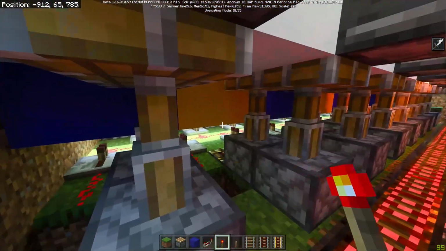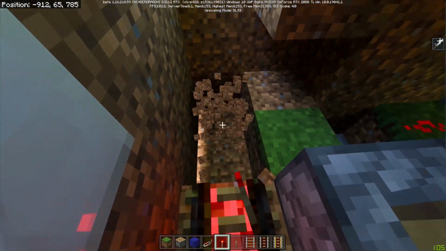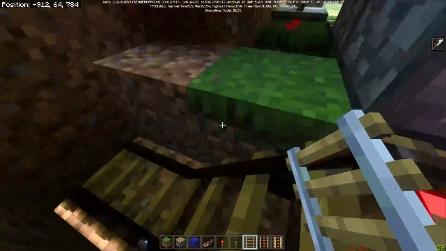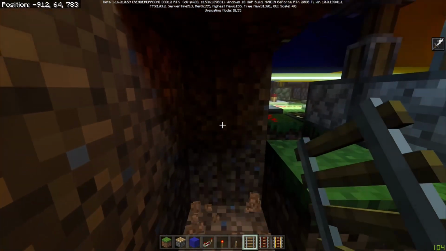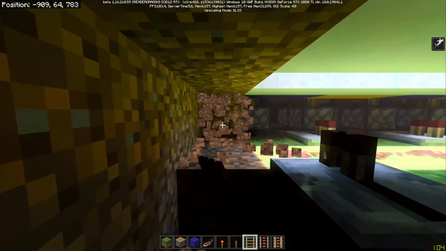And doing both sets of villagers. I'm going to take this out for now, and I'm going to drop the rail down here. And I'm going to put standard rail there and there. I'm going to come along this way, so I'm underground now. And I'm going to come all the way along